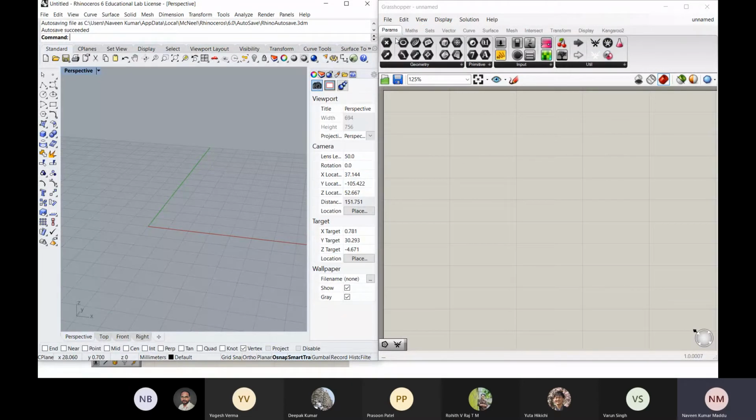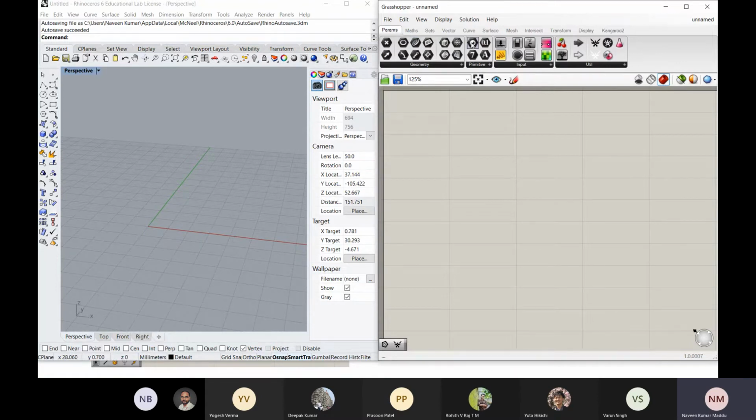All these things are like components, and these are your tabs. In the params tab, you can have all these components, point and all these things. In the math tab, you have different components, and in the vector tab you have different components. In the curve tab, you have different components. So let us start. I'll just do a cylinder here.